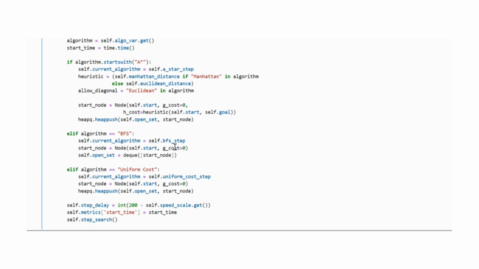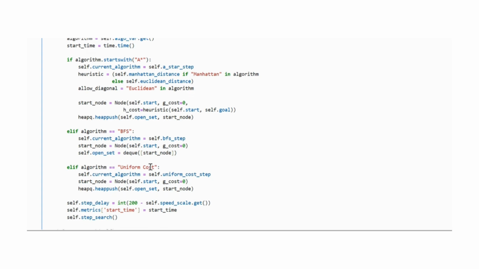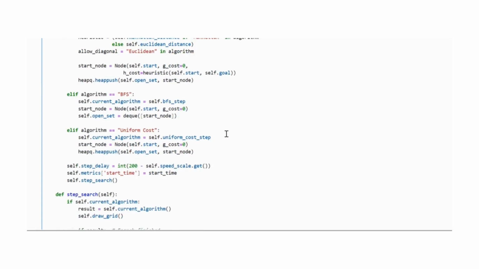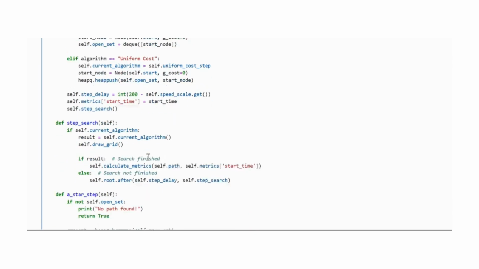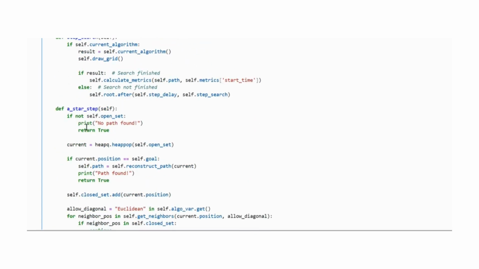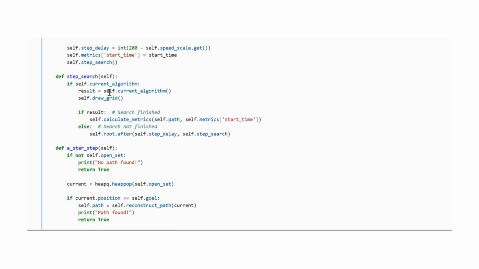So self.bfs_step, self.a_star_step, and self.uniform_cost_step allow us to use the different algorithms here. It is given here. So step search,